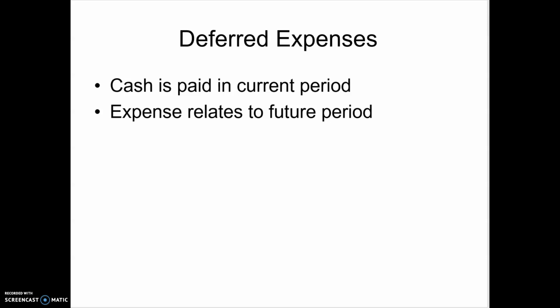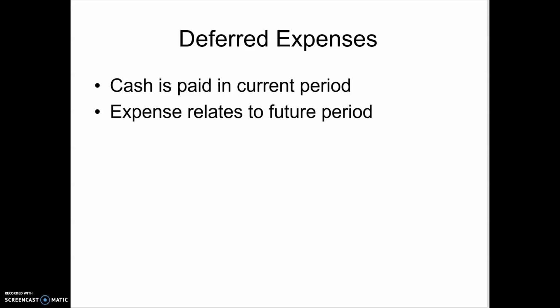We're going to look at the first of the 4 categories of adjusting entries, deferred expenses. So we know a deferral is when the cash transaction already happens. So when we're talking about a deferred expense, we're talking about cash being paid before the expense happens. So the cash is paid earlier in the period, and then later in the period, the expense has been incurred,